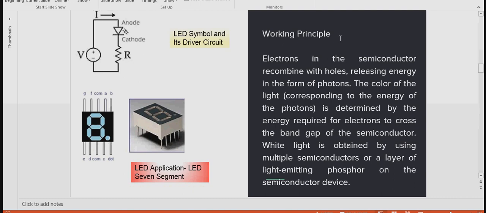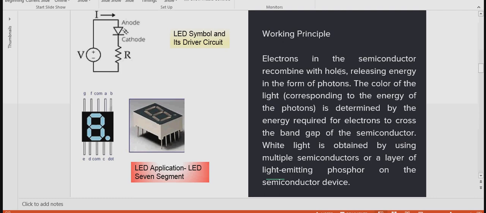What is the working principle of LED? Electrons in the semiconductor recombine with holes, releasing energy in the form of photons. The color of the light corresponding to the energy of the photons is determined by the energy required for electrons to cross the band gap of the semiconductor. White light is obtained by using multiple semiconductors or a layer of light emitting phosphor on the semiconductor device.